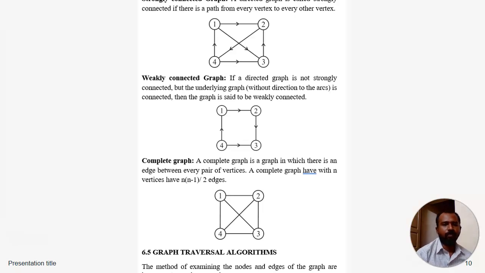Next one, complete graph. A complete graph is a graph in which there is an edge between every pair of vertices. A complete graph with n vertices has n times n minus 1 divided by 2 edges. This is the